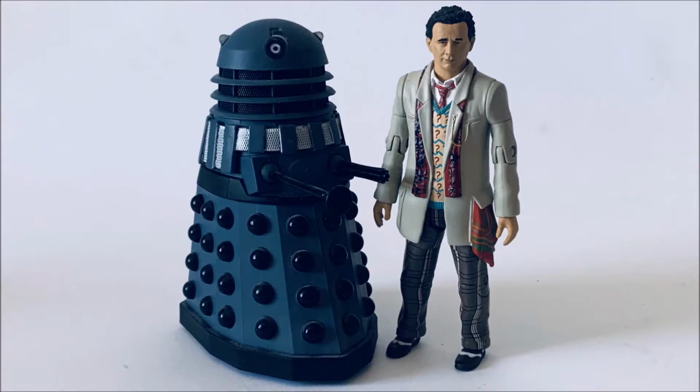Admittedly, at first glance, these differences aren't that noticeable, but from what I understand are more screen accurate compared to the original version, especially in the case of the Dalek. And of course, by this point, that original version of Renegade Dalek is considerably rare, and still is to this day. This variant set was also very welcome for those that hadn't picked up the original Cream 7th Doctor, that